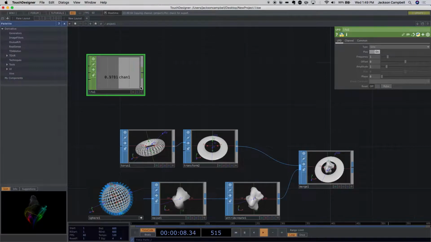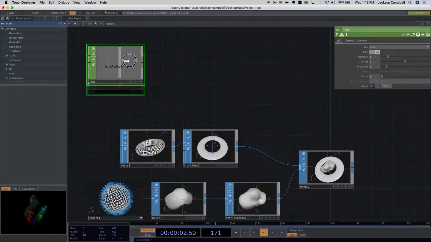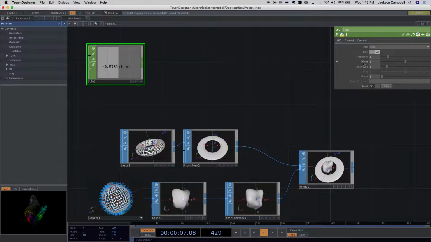This is a value that I completely understand and can predict in my head how it's going to function. If I change this to 30, for example, then the frequency really comes into play as far as the speed of the thing. And the frequency is way more sensitive than if I change the frequency on a value going from 0 to 1. So that's one of the reasons I like to just stick with 0 and 1 unless there's a real good reason not to. And then what you do is you have a downstream